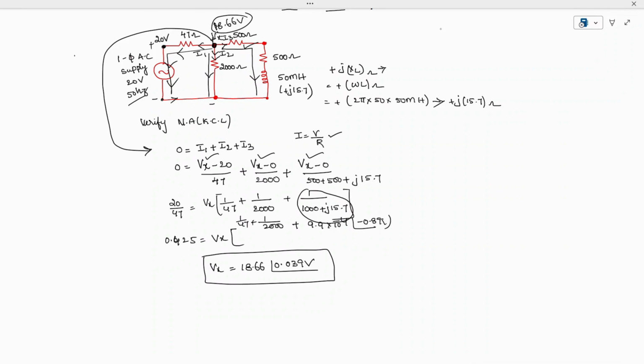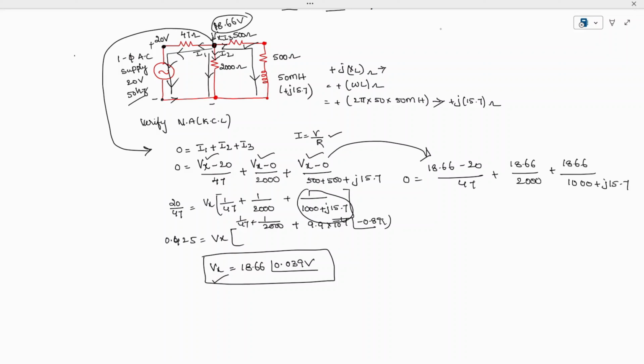apply this in this equation. So now when I'm trying to apply this equation, the value of Vx is how much? 18.66. So this is 18.66 minus 20 divided by 47 equal to 0. So this is 18.66 divided by 2000 plus 18.66 divided by 1000 plus j